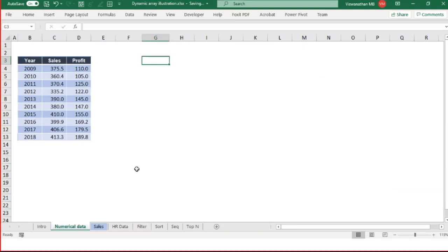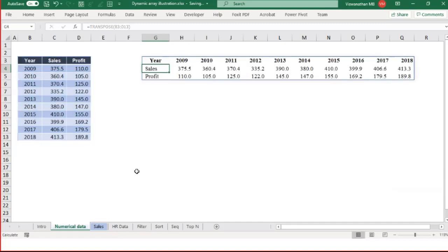So if I use a transpose function, what it essentially does is convert rows into columns and columns into rows. Now this already existed in Office 2010, 13, everything, but it was not dynamic. Here, when I use transpose, this function pulls an array of data, meaning many rows and columns of data. It's going to fetch 3 columns and around 11 rows of data, and convert rows into columns and columns into rows. I'm putting this formula in only one cell, and it automatically fills up all other cells because that's the shape of the data.